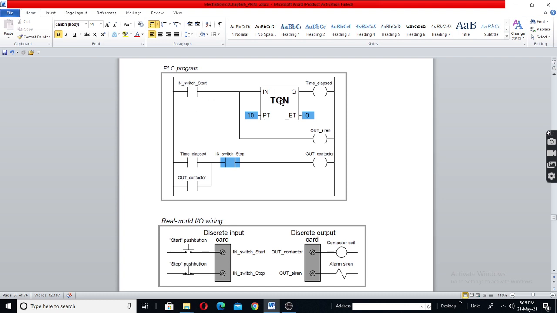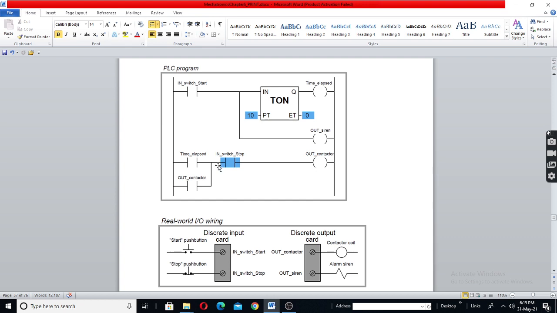If you open this, then this also will become zero, because when the input becomes zero, the output also becomes zero. But whenever this had become one, it had already made this one. So this is called the latching effect. So the contactor of the motor will remain on even after this switch is de-energized.